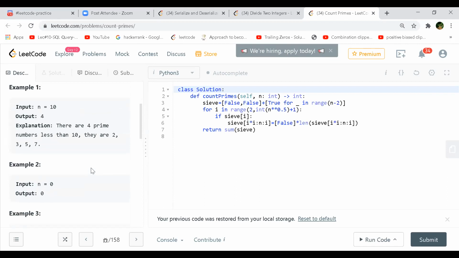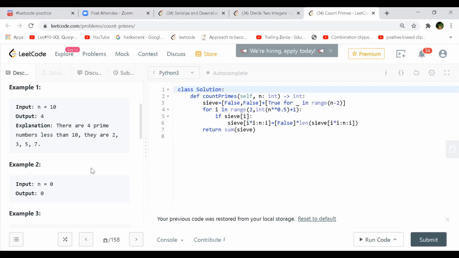Okay, so you are saying that you take any number and try to divide it. Like if you take 10, in this case, you will have to find 2, 3, 5, 7. So 1 is not a prime number for sure. So 2 is your first prime number.